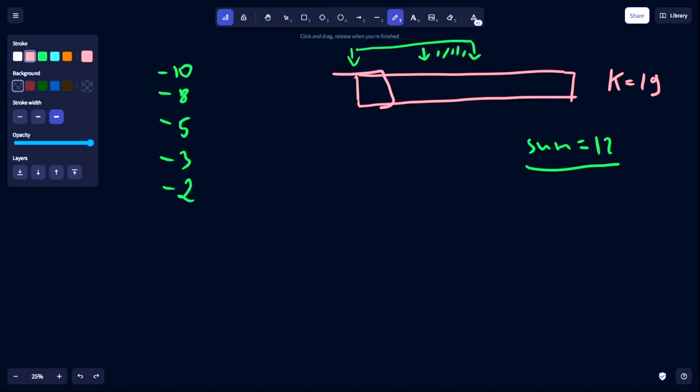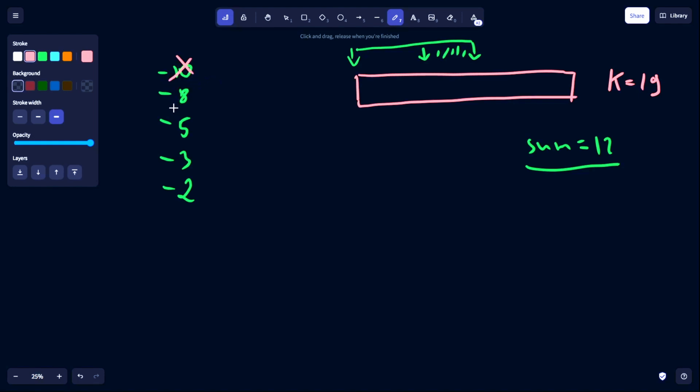Then we remove this subarray. This leaves us a valid subarray with sum 22. So 12 minus -10, this is 22. 22 is greater than 19. So we update our answer,